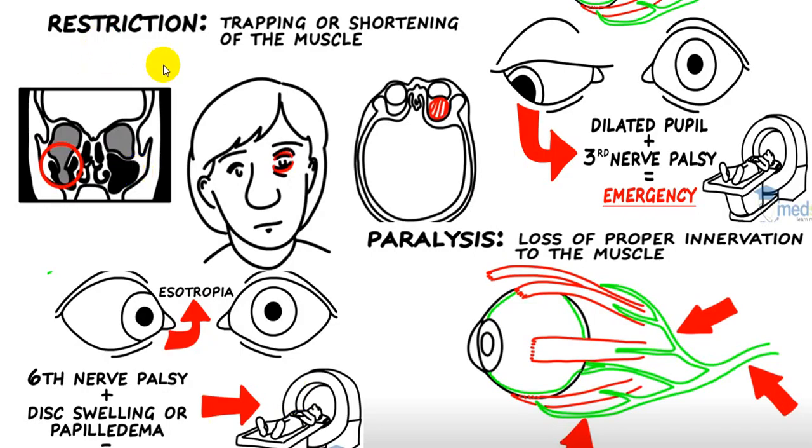Restriction is very frequently because of the trapping or shortening of the muscle. In a 3rd cranial nerve palsy, you will have a dilated pupil and the eyeball will have a squint downwards and outwards. This will be paralytic squint. While esotropia will be very frequently seen in a 6th cranial nerve palsy. These are the two most common, and in a case of 4th cranial nerve palsy,